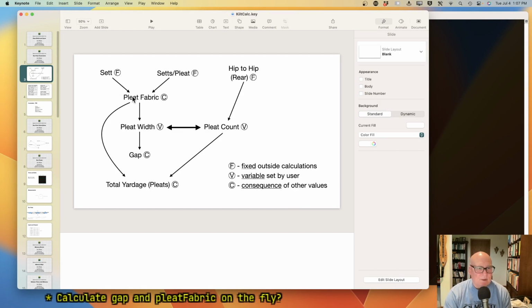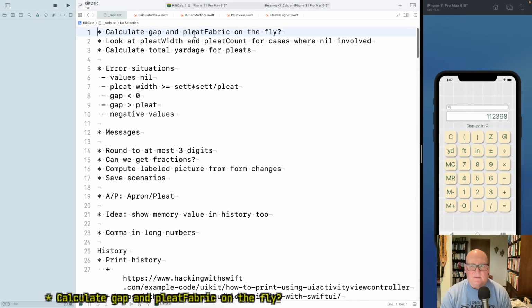But pleatFabric and gap and also total yardage, which we don't yet support, they're all derived from other variables, so they're not editable. And we want to just make that work as a consequence of things. So I think this should be basically a refactoring. We might want to add a little more